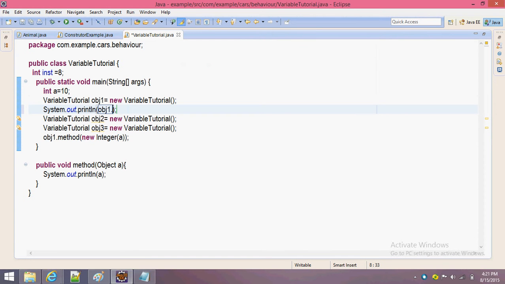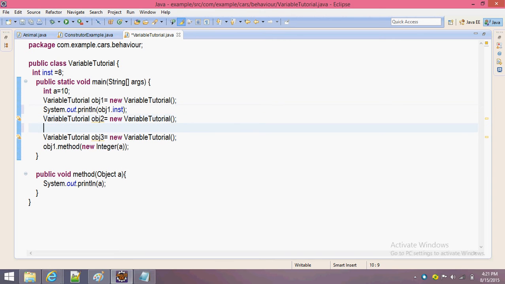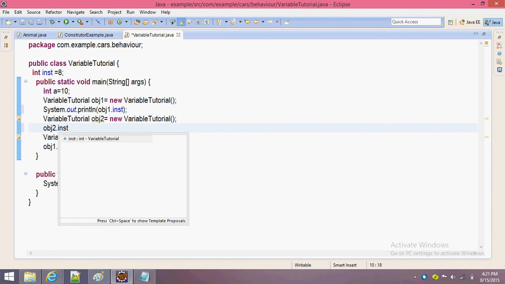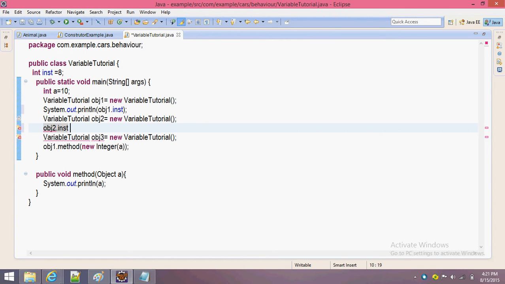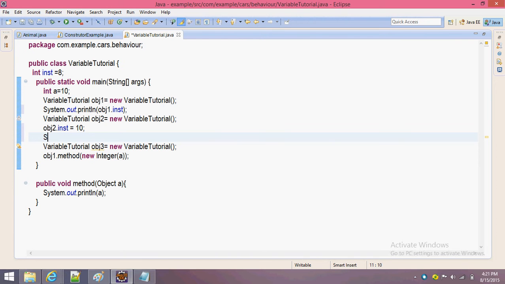So object 1 dot instance variable. Okay, now we will change this object value, object 2 dot instance value equal to 10. Okay, I gave it as 10. Now I am going to print this value, object 2 dot instance variable,